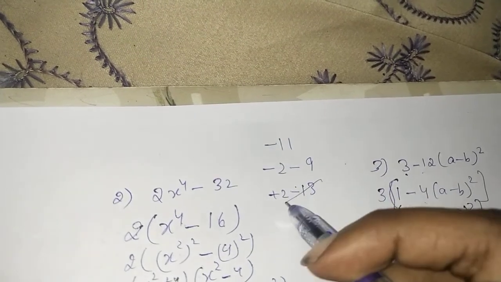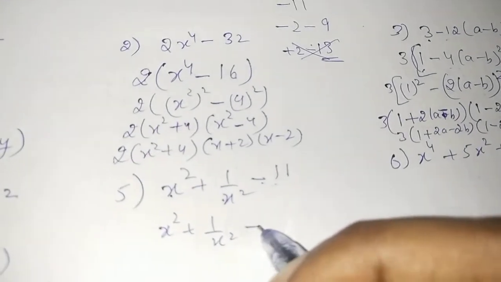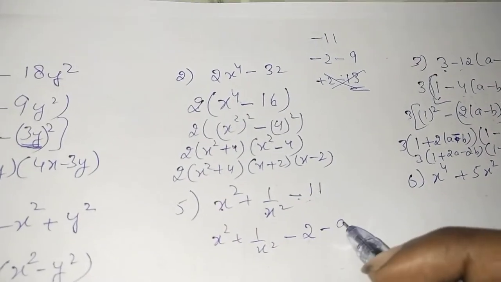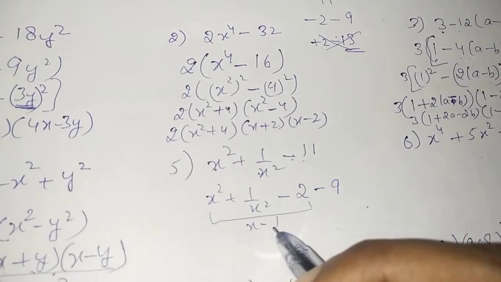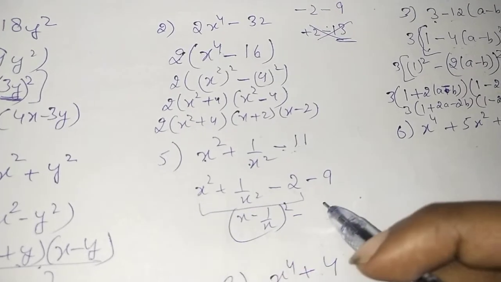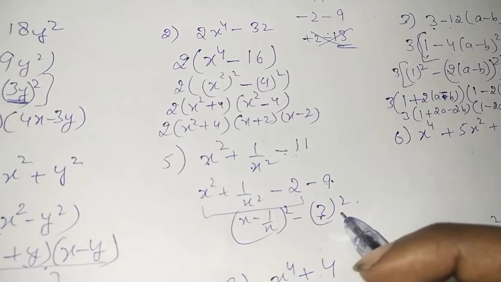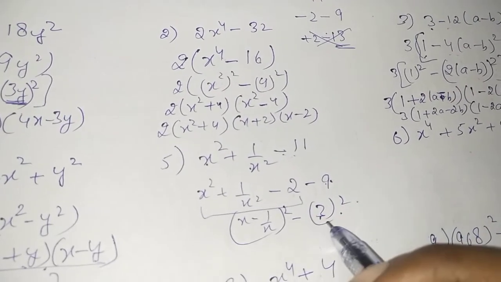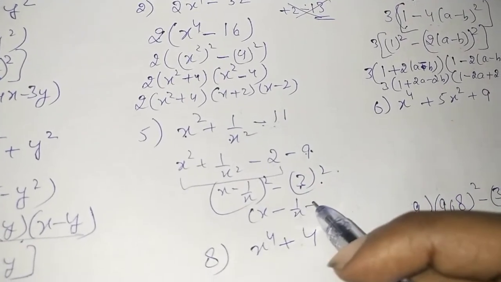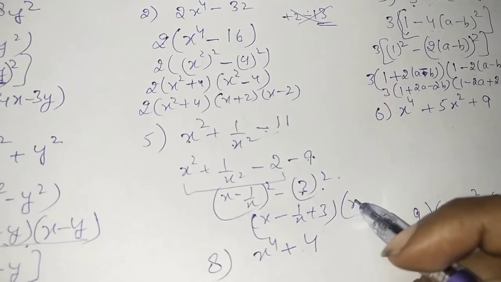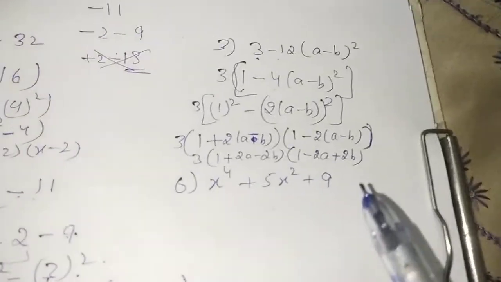We will not take it in this form because this is not a square. I'll tell you why. If I write it as minus 2 minus 9, this is getting formed into a whole square, and this will be x minus 1 upon x whole square minus 3 square. But if we write it as minus 13, 13 is not a perfect square of anything. So that is why we will drop that and take this into consideration. And now in one bracket a plus b and in the other bracket a minus b. Moving on.